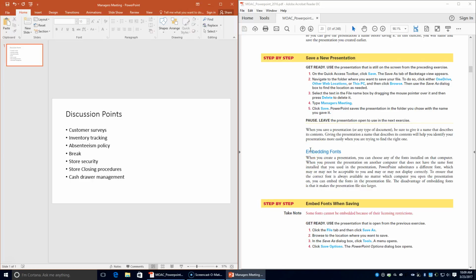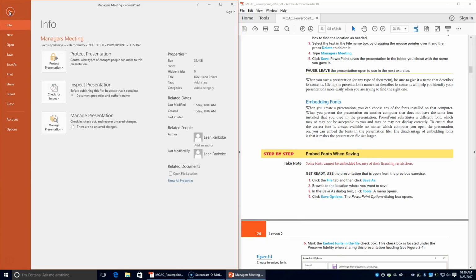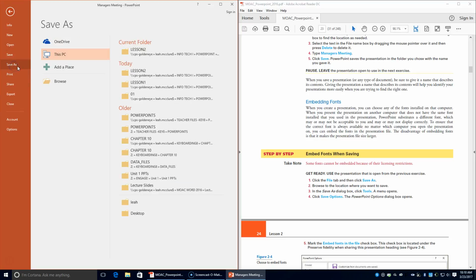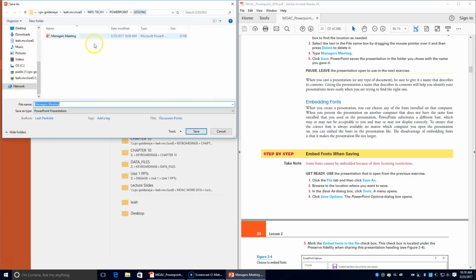Next, we're going to be embedding fonts. So it says embed fonts when saving. We're going to click the File tab, and we're going to click Save As. Browse to the location where you want to save it. So I want to be in my Lesson 2 folder. Alright, in the Save As dialog box,